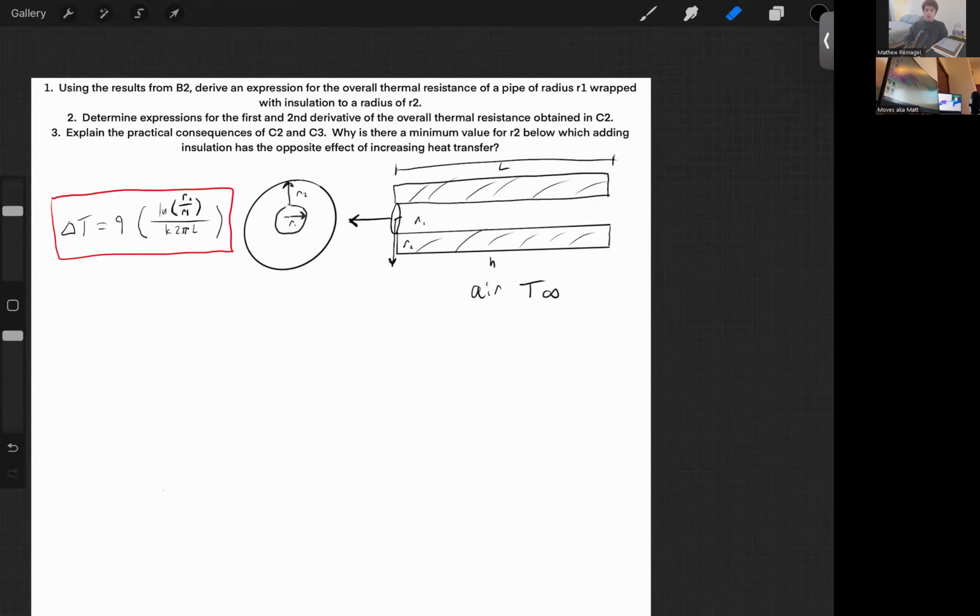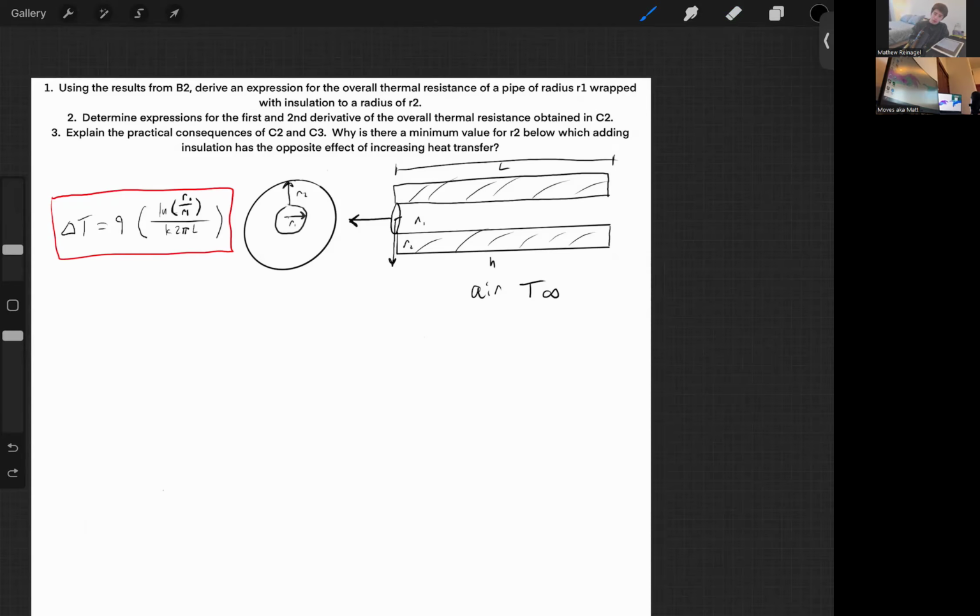In today's video, we'll be looking at an evolved problem involving the solution that we had from homework B. When we looked at homework B, we looked at a cylinder in steady state that had no heat generation and only had heat flow in the radial direction, so d/dr, right? Now we're going to take that derived equation that we solved for, and specifically extract the resistance of it to show the overall thermal resistance of